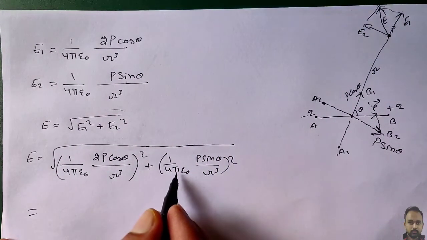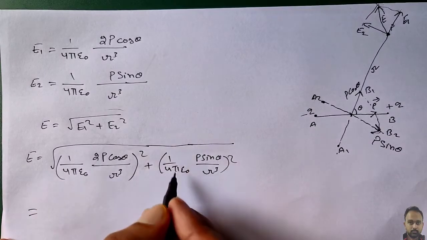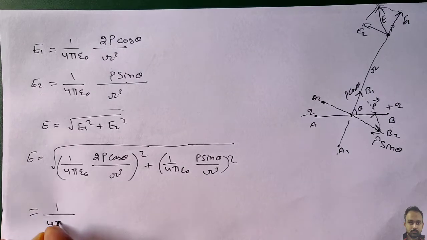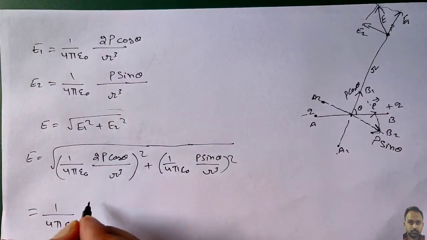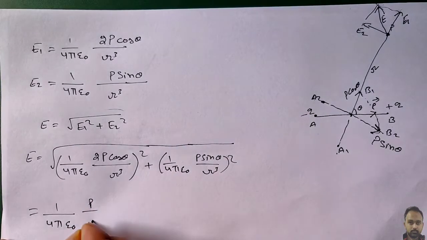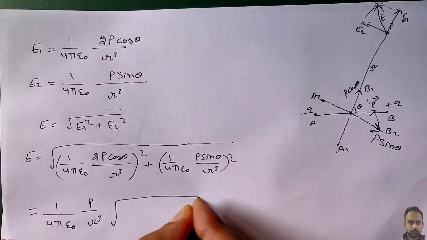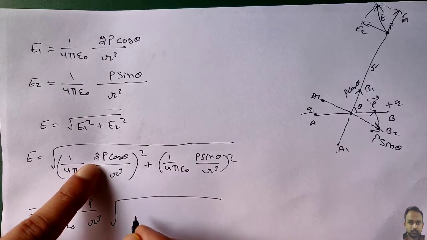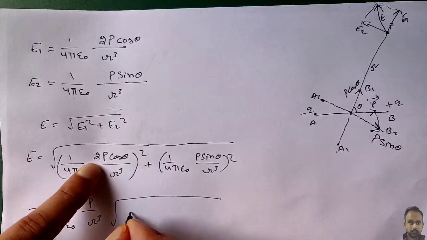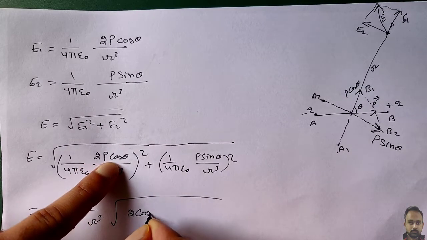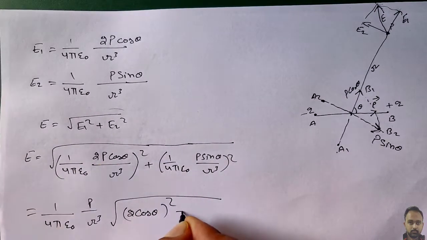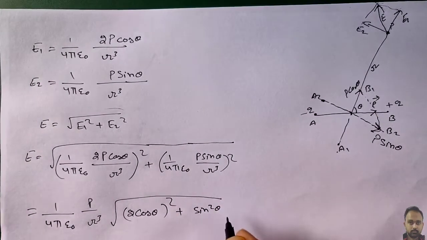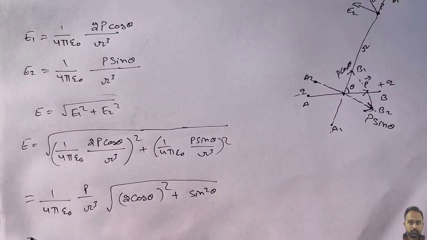Now, कौन सी टर्म्स हम यहाँ से कॉमन ले सकते हैं? 1 over 4 pi epsilon, 1 over 4 pi epsilon, बिकॉज स्क्वायर है यहाँ पे तो वो अंडर रूट के बाहर आ जाएगा. So taking out 1 over 4 pi epsilon naught and this p and this r cube as common, so we can write in under root that what the terms are left inside the under root, this 2 and this cos theta and whole the square plus sine square theta. Okay, so making it simple,